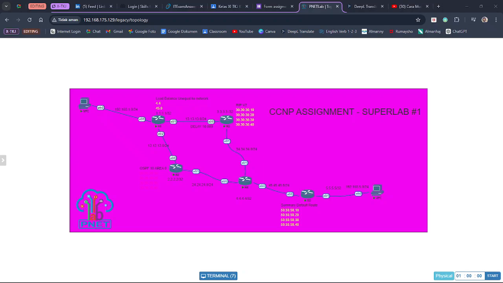So for the conclusion, this topology depicts a complex yet realistic network scenario, combining the following. Maybe this is how I